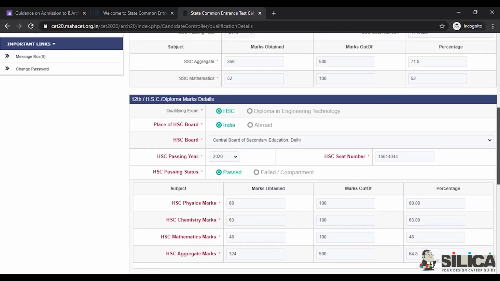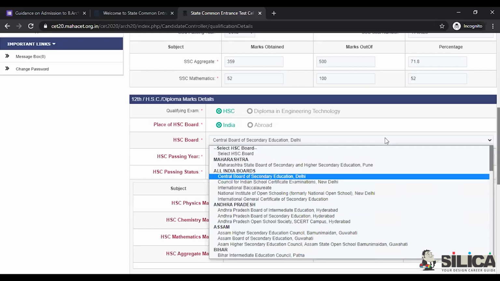Second, it is asking for your 12th HSC or diploma marks, qualifying exam HSC or diploma in engineering technology, place of HSC board, India or abroad. HSC board, whichever HSC board you belong to, you can choose that. So there are some students who have done their HSC abroad.